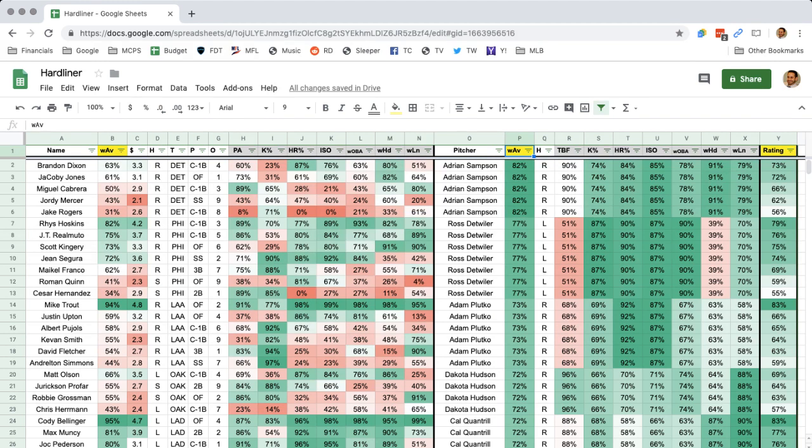So that might be like an avoid matchup. I might avoid Adrian Sampson, as you have to expect certain people might try to target the Tigers. I'm not really that crazy about it, to be honest with you. He doesn't do anything good at all against righties.